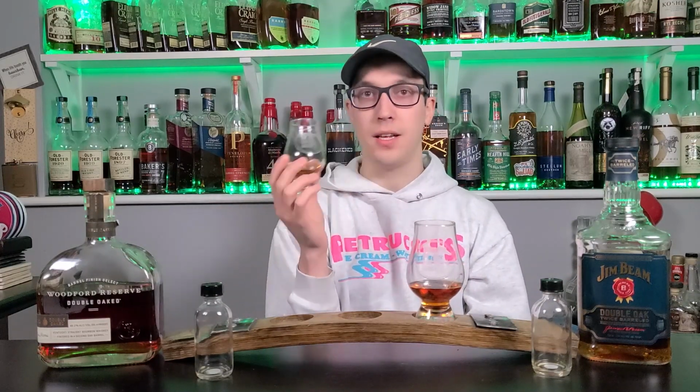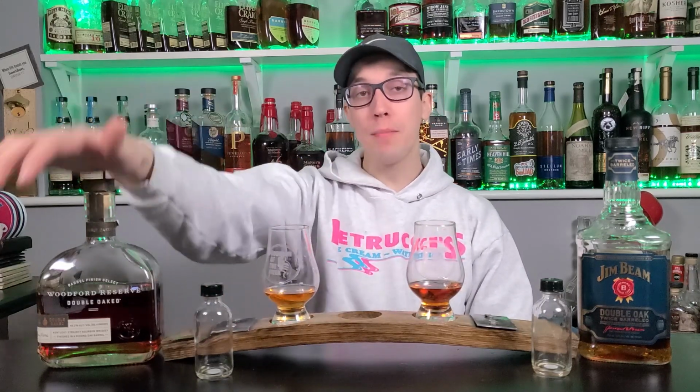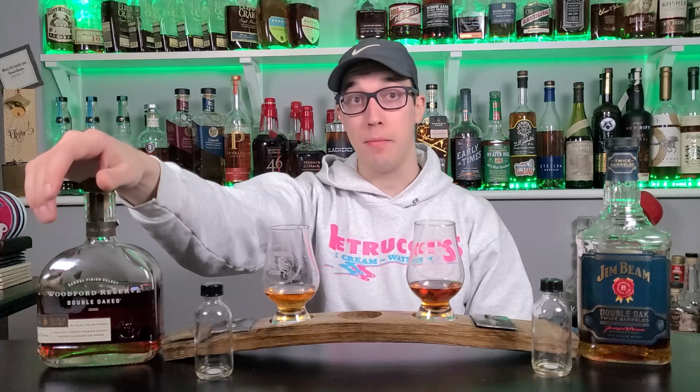I think that one comes in at like 25 or 30 bucks here in Pennsylvania. It might not even be that high. I'm going to double check that real quick. Hold on. All right. So this is eye-opening. The Jim Beam Double Oaked is coming out of Pennsylvania at $20, while the Woodford Reserve Double Oaked is coming in at $55. Now, I don't remember this being $55 when I picked it up,